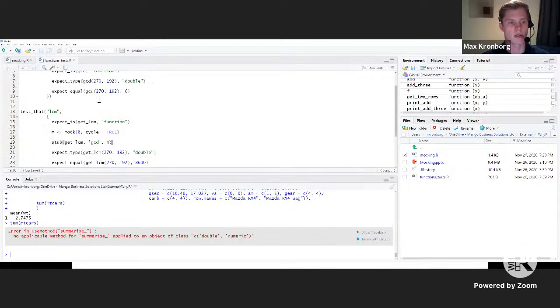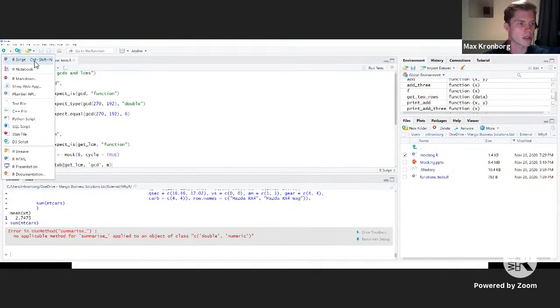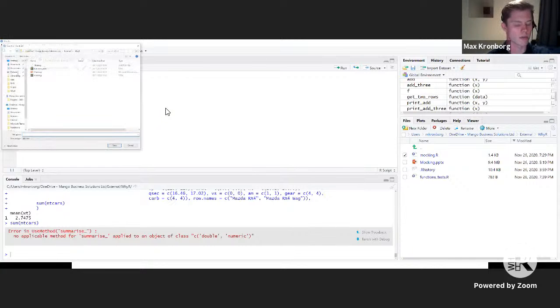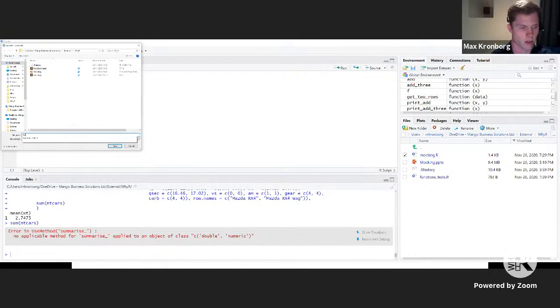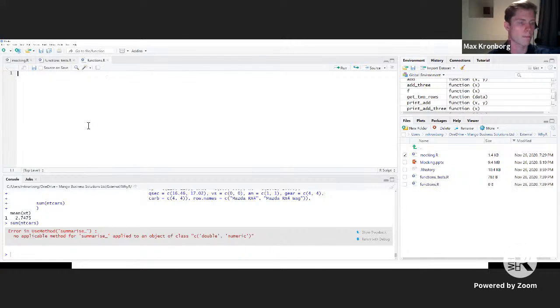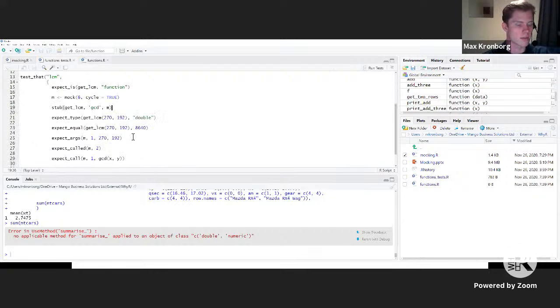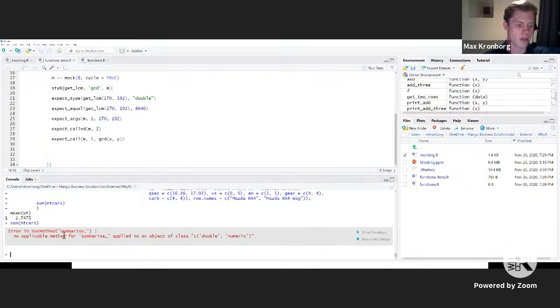So now we then need to run these. And for that, we're just going to have one script here, which will have nothing in it, but we'll call it functions.R. So we've got that down here. And the way we can then use testthat is, so I'll run that from down here. Actually, I might not have loaded testthat. That's probably a good idea.